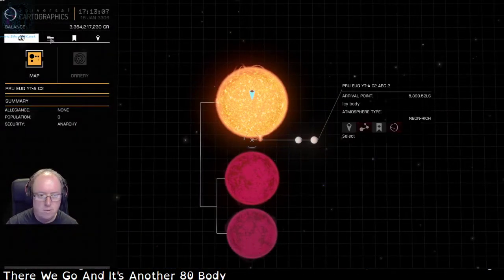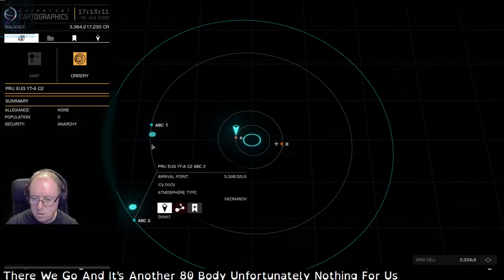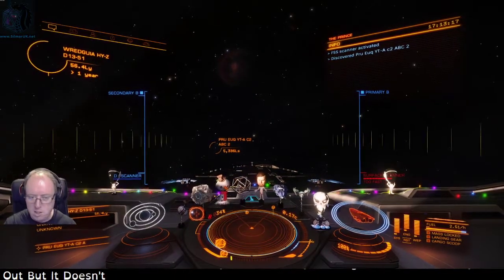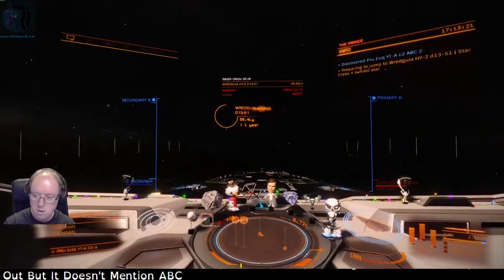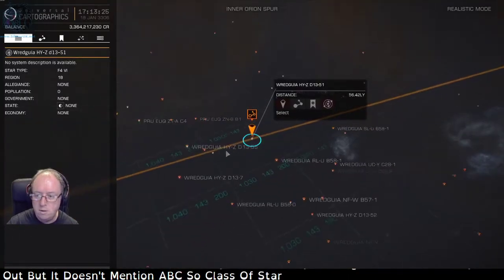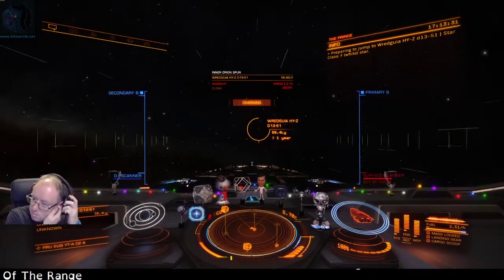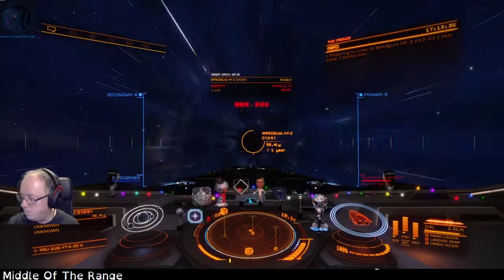Yeah. Unfortunately, nothing for us. Quite a ways out, aren't they? Well, that explains the designation ABC. Frameshift drive charging. So, Class F star. We look here, single Class F star, middle of the range. 4, 3, 2,